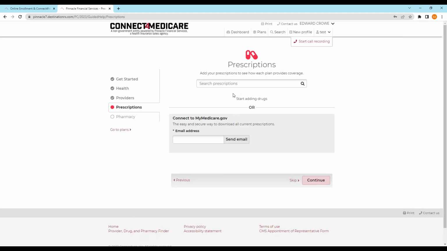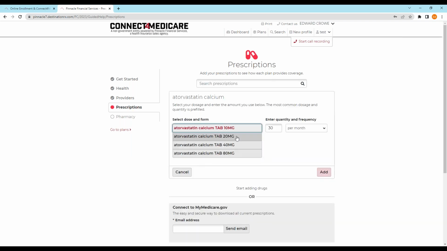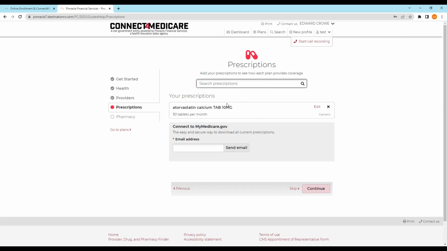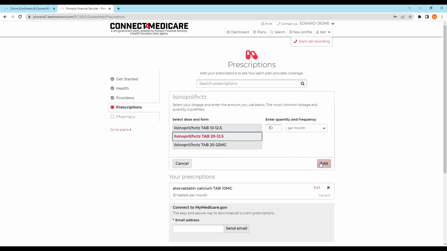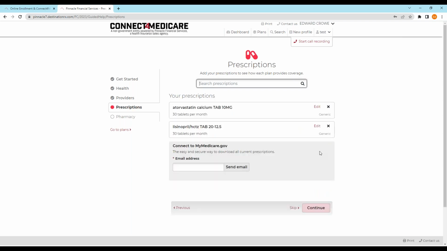And then here is the drug section. So it's just like the Medicare.gov site. And I do see I'm getting some questions. I certainly will answer those for you when we get done. So on the prescription section, I can put in anything. Let's say we'll do generic Lipitor. We'll do atorvastatin. I'll throw that in there. Great. I'll add it. We'll do lisinopril. I'm just doing a couple cheap ones. Okay. We'll add that. There, so I added a couple drugs for them. We'll hit continue.